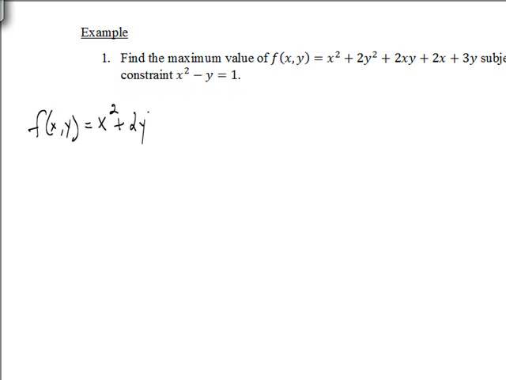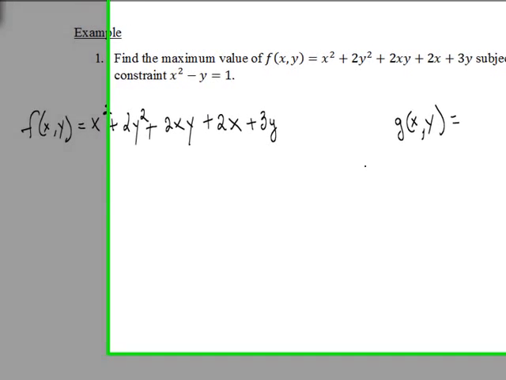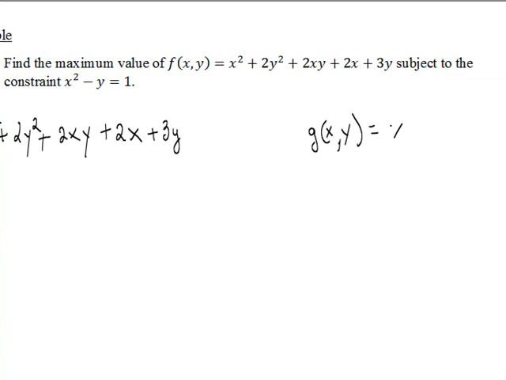Now really, I should have put 2 pages for each of these questions. They can be really long, so don't write too big, okay? And then g of x, y is your constraint, but make sure you put it equal to 0. So it's equal to x squared minus y minus 1. Okay? Now, what you're going to do, based on the 4 equations we had, for each of these, find the